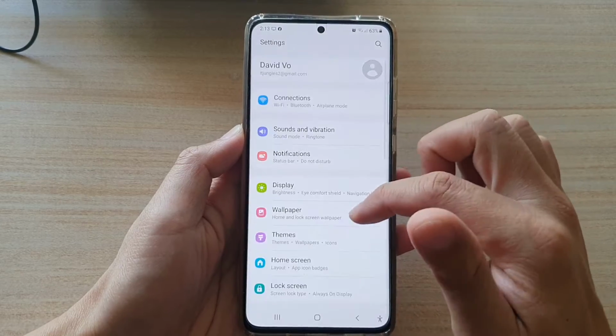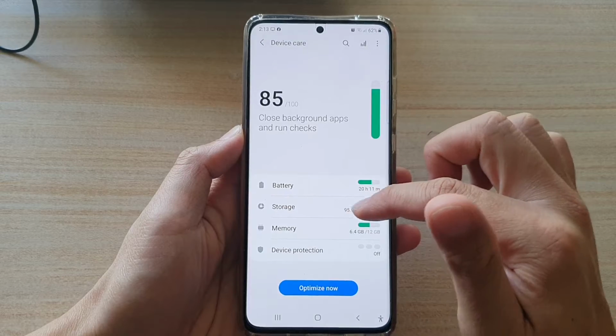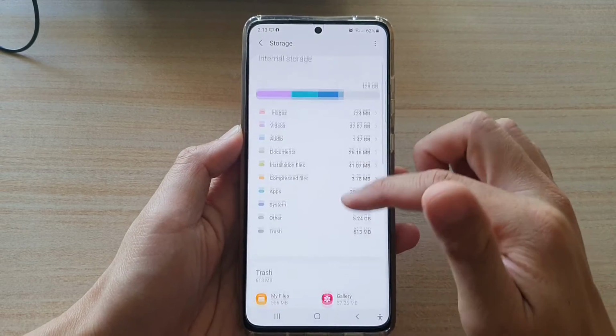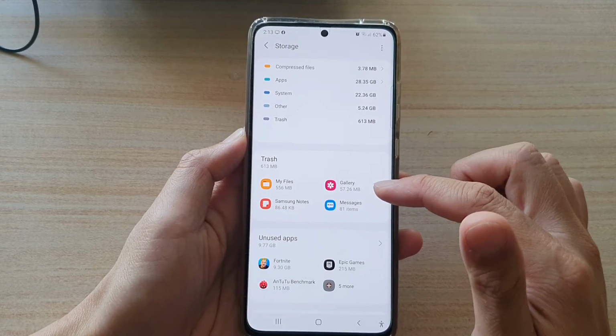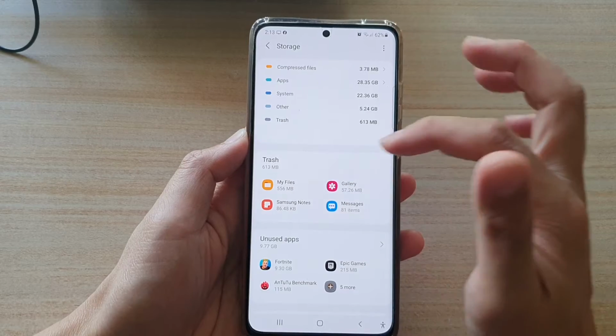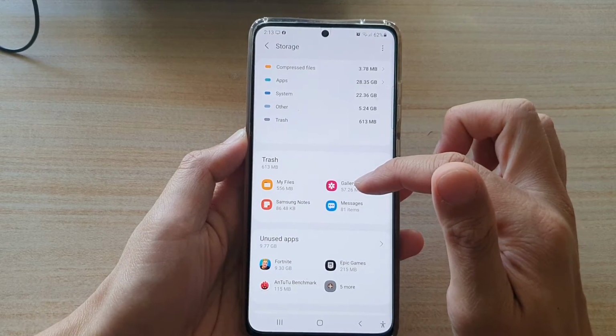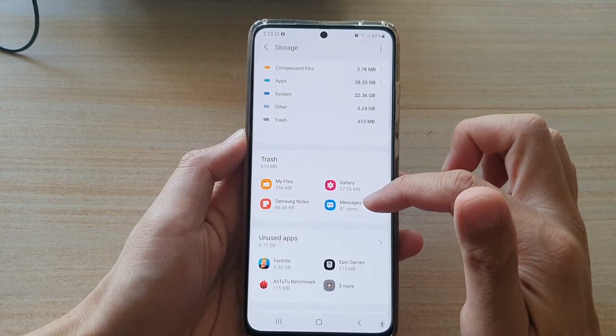In settings, go down and tap on battery and device care. Next, tap on storage. Then go down to the trash section. In this section, you can see there are 4 different types of trash bins. One is My Files, and then you got the Gallery trash bin, Samsung Notes trash bin, and finally the Messages